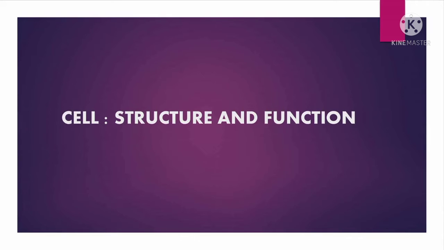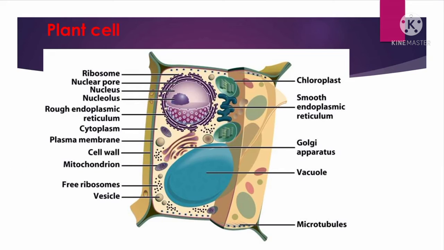What are the subcellular structures present in the cell? Number 1. An outer covering which gives protection to the cell is called the cell membrane or plasma membrane. Number 2. A fluid which is filled inside the cell is known as cytoplasm.